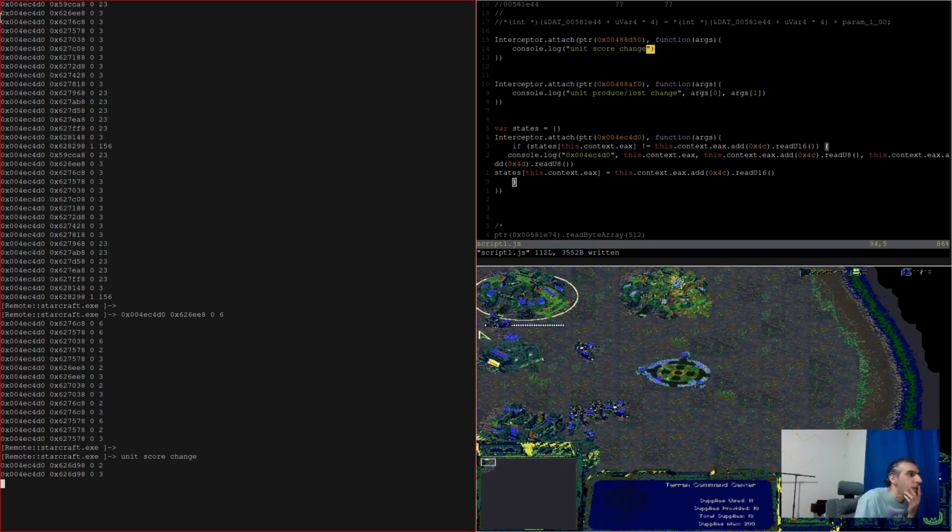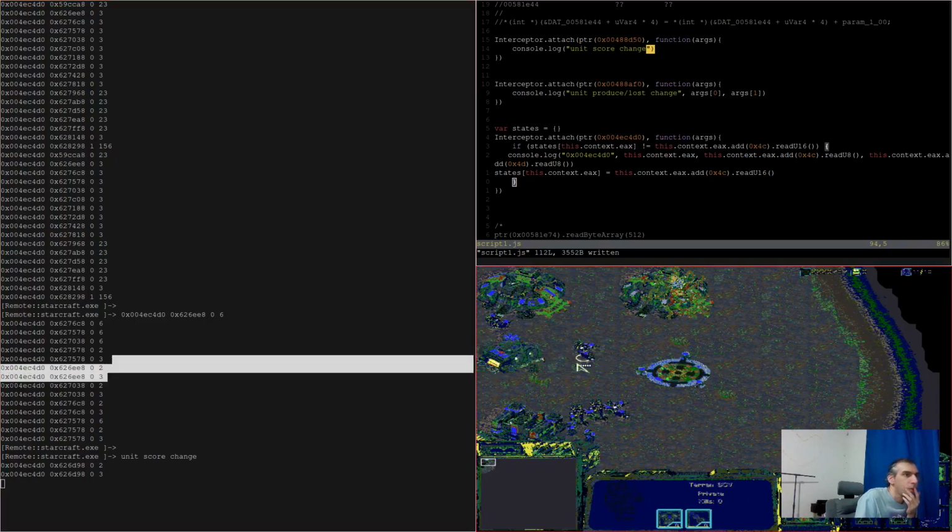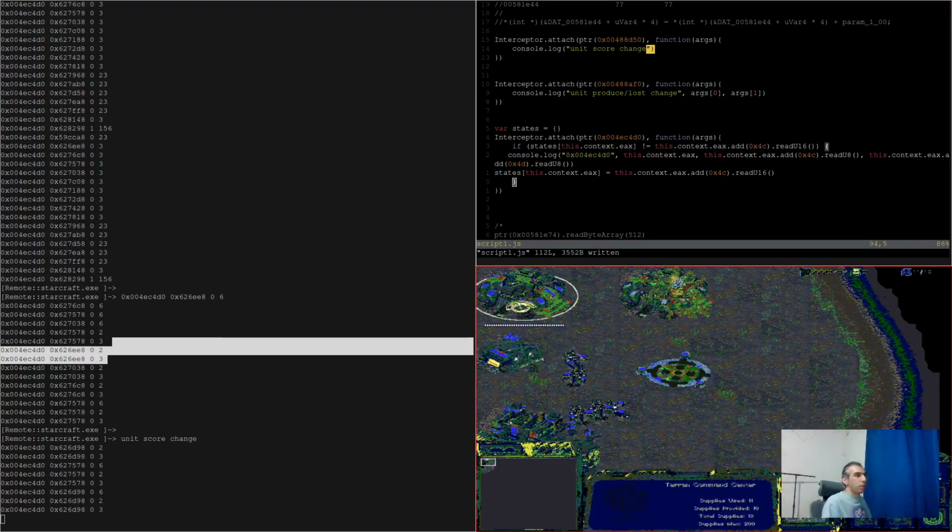No, because 2 and 3 is something that happens when you stop moving. First 2 then 3. So it's something that happens for the units,